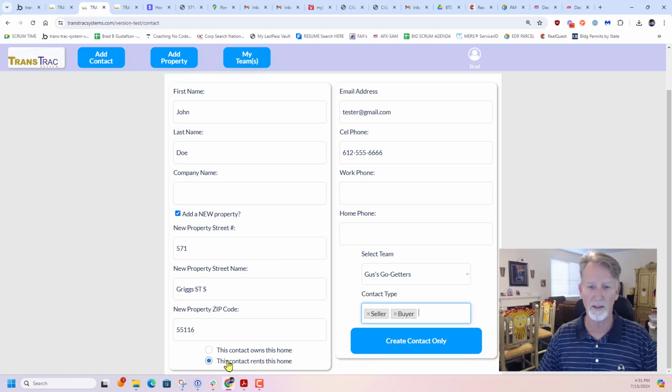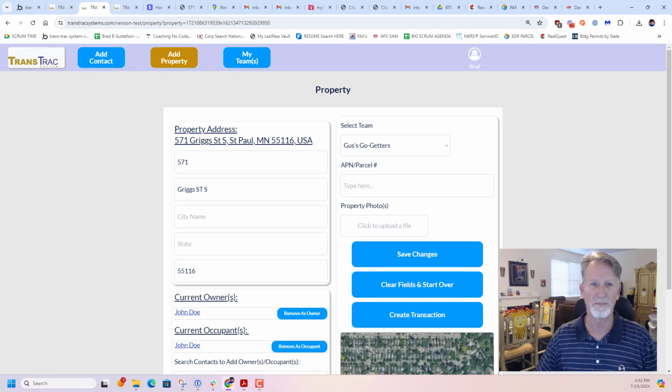And because of that, we want to click this contact owns this house. So now John Doe owns a property on Griggs Street, and that's their email address. I'm going to create this contact and create the property at the same time. So I click that one button and it gives me the full address,